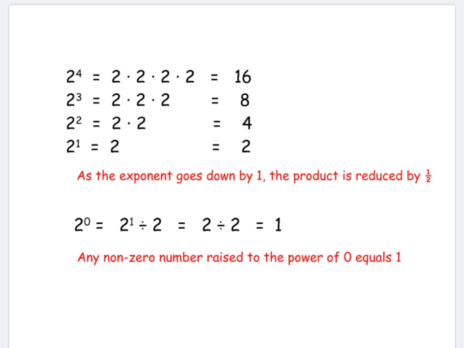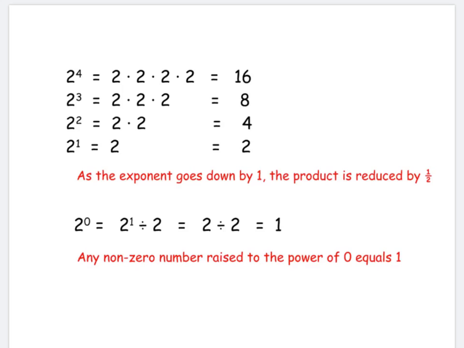So if we're looking at those answers in terms of a pattern, we notice that it is being reduced by half, or being divided by 2, as the exponent goes down 1. Half of 16 is 8, half of 8 is 4, half of 4 is 2, etc. So if we continue the pattern and go down an exponent from 2 to the 1st power, that would be 2 to the 0 power. And if we still continue the pattern by cutting in half, 2 to the 0 power would equal 1,